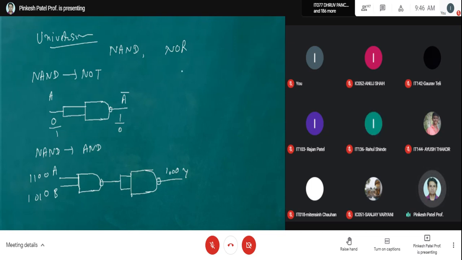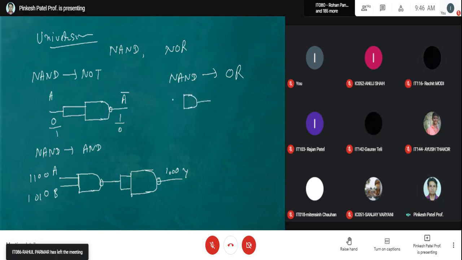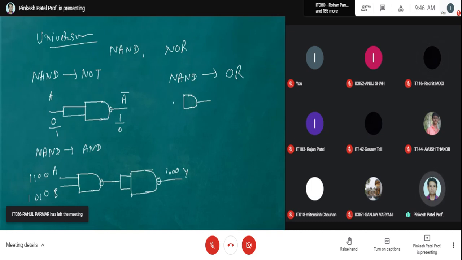Right? Let's make an OR gate from NAND, if you want. I want to make an OR gate from a NAND gate. You can do it like this, right? Hopefully you have all the circuits in the manual. Please go through that also.